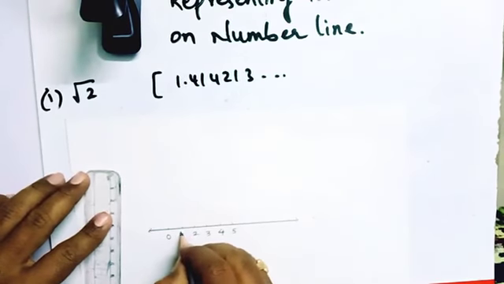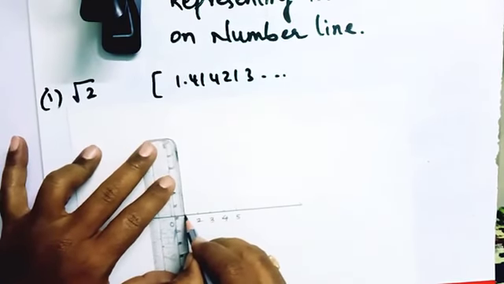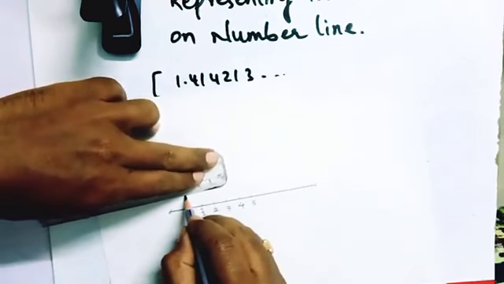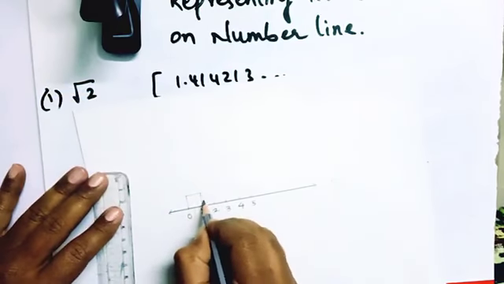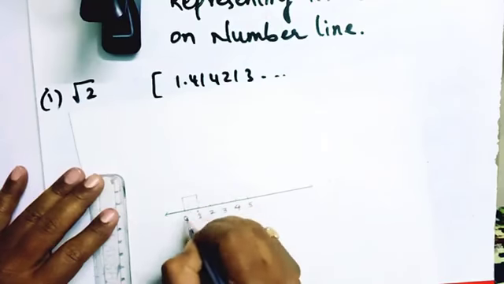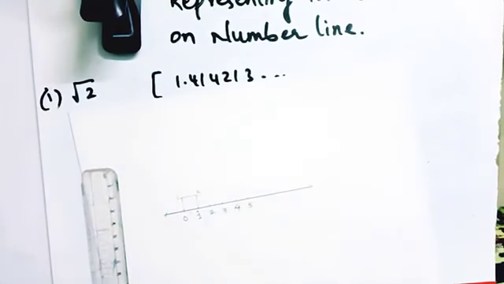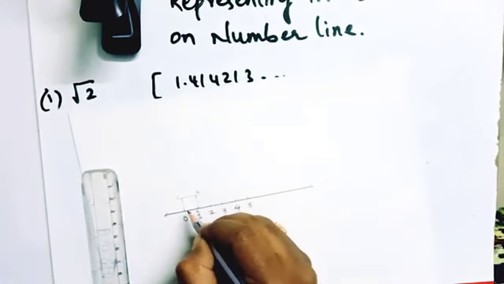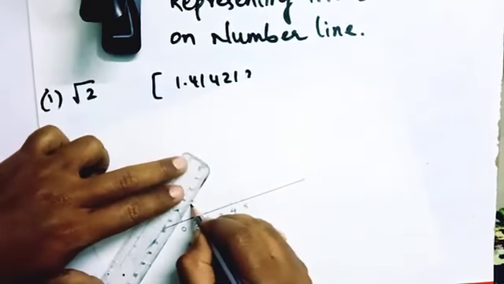So I'm taking point A, and I'm taking one square with 1 unit on each side. All these sides are 1 unit, and that is OABC. I'm calling the square OABC, the unit square. Now what is this O to B? If you join O to B,